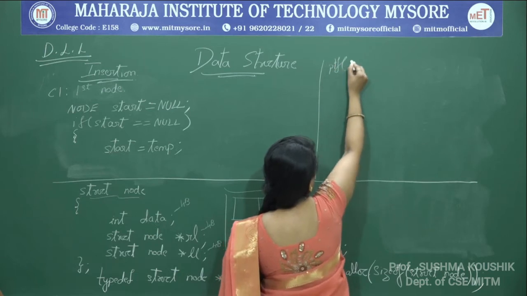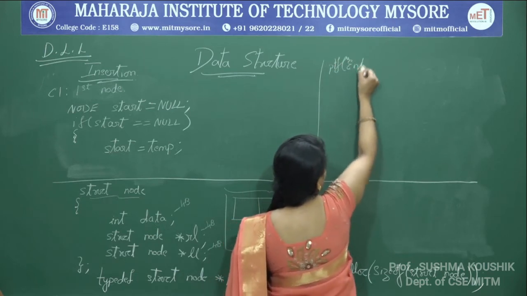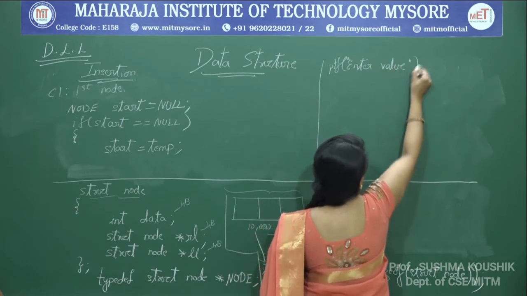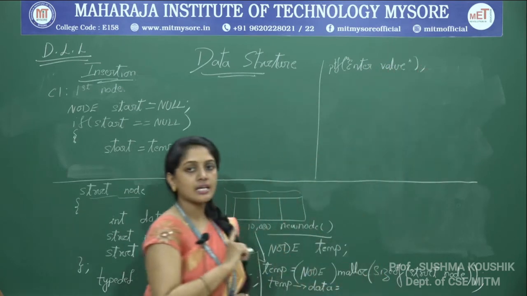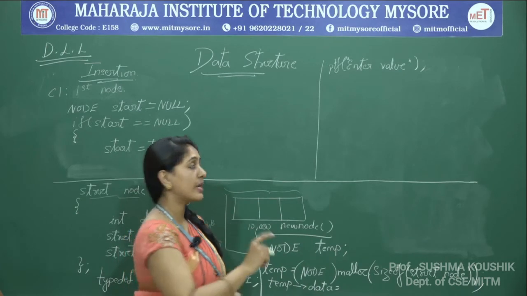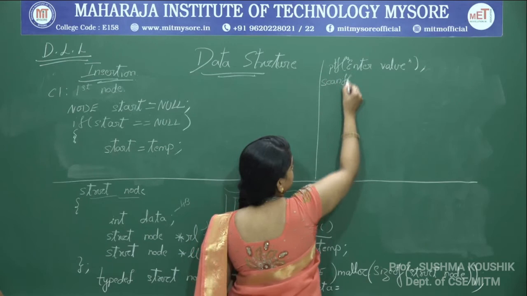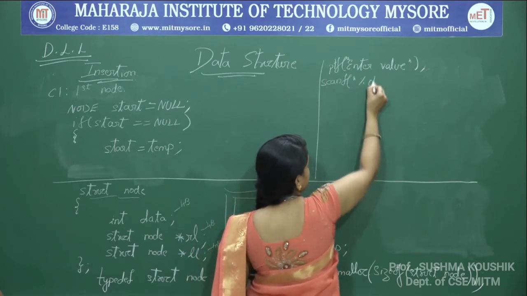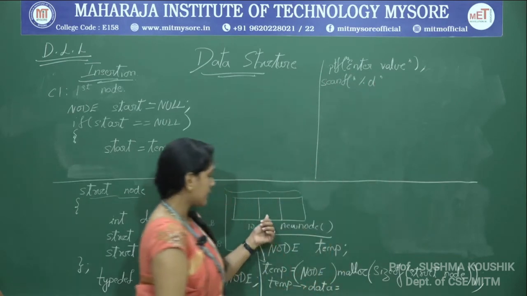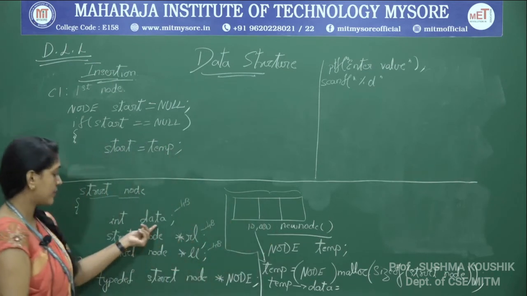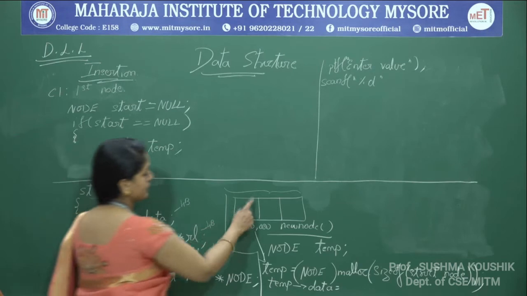Printf "Enter value". Okay, with printf we are asking to enter the value. When you enter a value, how do I read it? Scanf "%d". How do I access this particular position? Temp of data. What have I used over here? Data. So this field will have